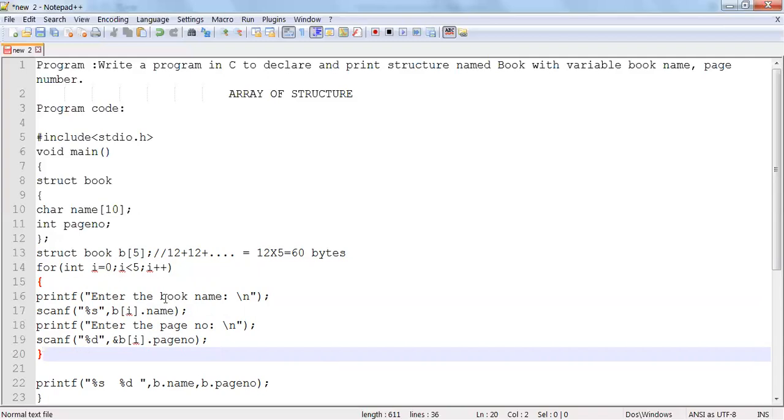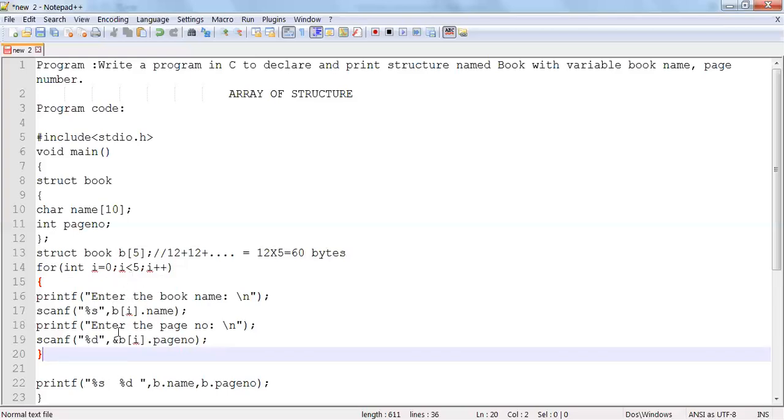In each iteration, it will enter the book name. b[0] will store the name, and b[0] again stores the page number. In the initial case, b is divided into two parts, b dot name and b dot page number. Similarly, b[0] is divided into two parts, b[0] dot name and b[0] dot page number. For the next iteration, b[1] dot name and b[1] dot page number. For the next, b[2] dot name and b[2] dot page number. This will repeat 5 times, because the size is 5, starting from 0 to 4.